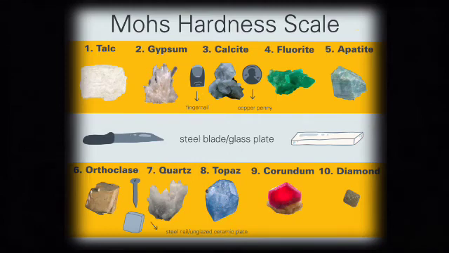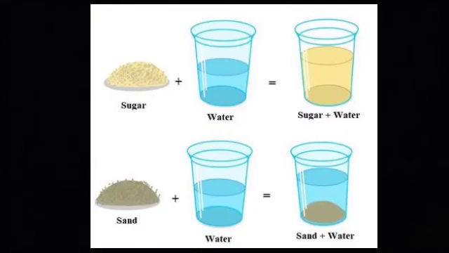Do liquids also dissolve in water? Activity 5. Take samples of lemon juice, vinegar, coconut oil, mustard oil, or any other liquid. Take a glass tumbler and fill it up to half with water. Pour a few spoonfuls of one liquid into the water and stir it properly. Wait for a few minutes. Observe carefully whether the liquid mixes with water. Repeat the same process with other liquids that are available to you. Note down your observations as shown in table 4.